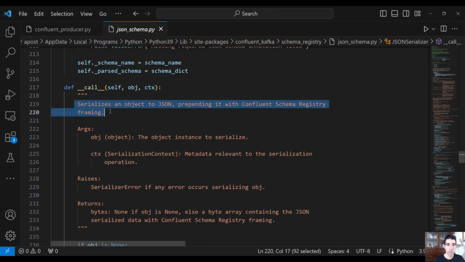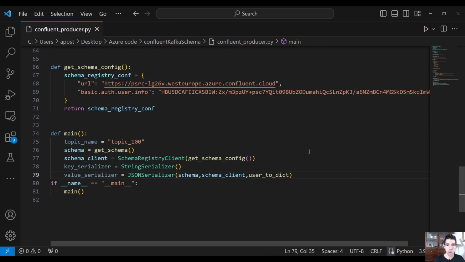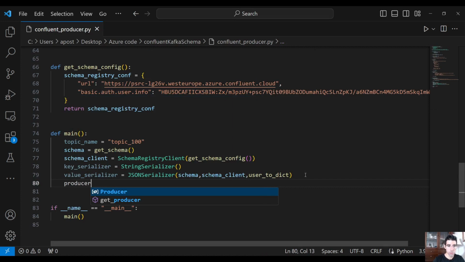It serializes an object to JSON, prepending it with Confluent Schema Registry framing. So this is where we add the schema, this unique ID, to the beginning of our message, right? So we need to provide an object instance to serialize, and the serialization context contains the metadata relevant to the serialization operation. So let's go back into our code and let's create a producer, just a simple producer,